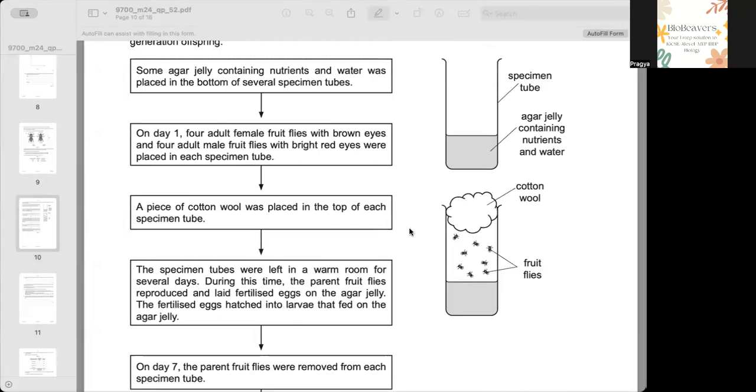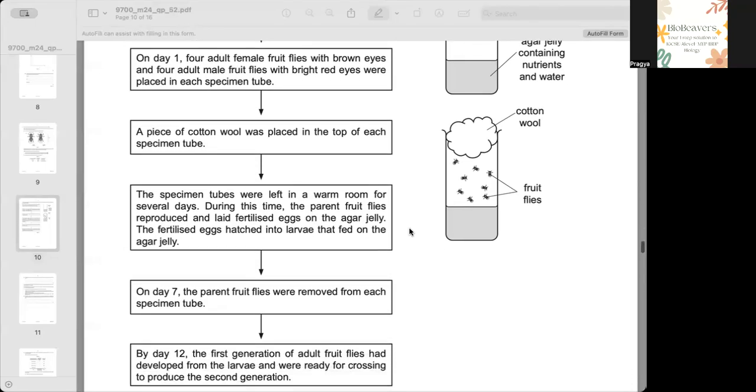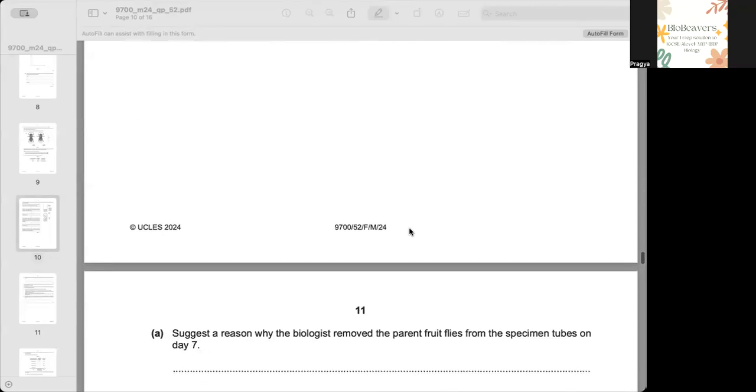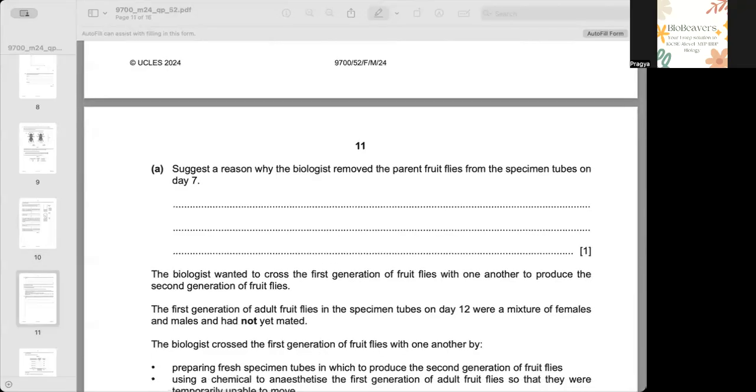Why would you think that when you have the offspring which have been born, we want to remove the parent fruit flies? Obviously, because at this point, you don't want your parent fruit flies to start reproducing with the new ones. So the answer here is